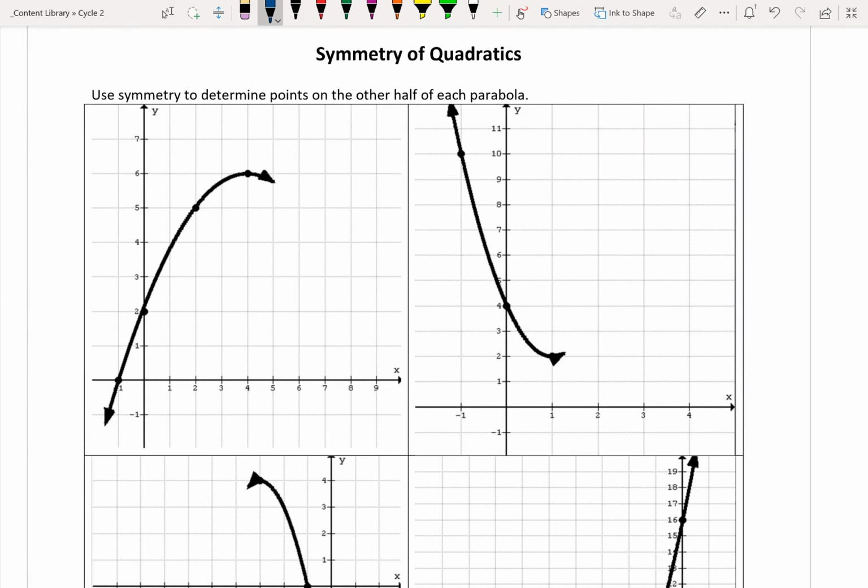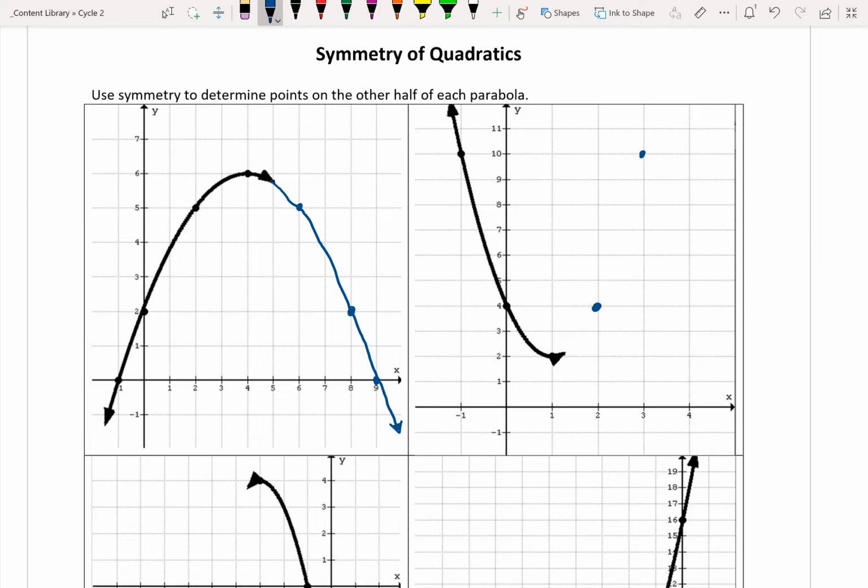Again, we should remember that quadratics are symmetrical, so they are the same on both sides. That's what helps form this U shape and this N shape that we see. So basically we're using the same points on the other side, similar to a mirror reflection activity that you may have done in elementary school. This point here is down 1 and over 2, so there needs to be a point on the other side that mirrors that. And that's what we're going to do for all of them. We're just mirroring them